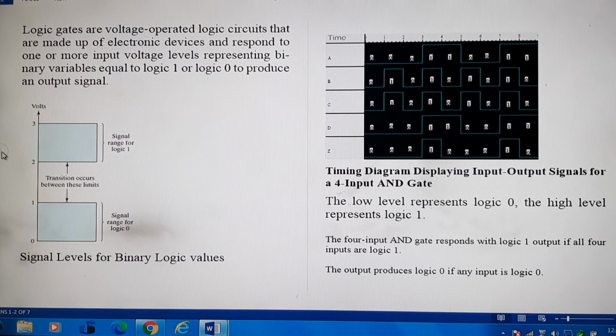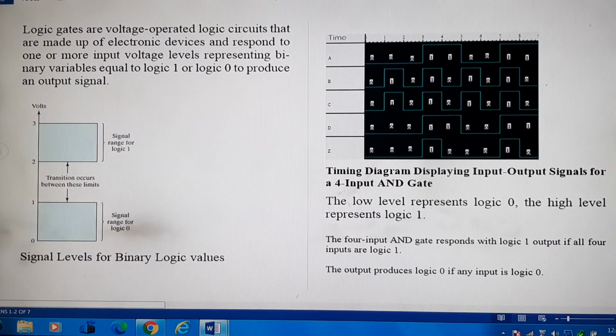They are blocks of hardware that produce the equivalent of logic 1 or logic 0 output signals if input logic requirements are satisfied. For example, a particular digital system may define logic 0 as a signal equal to 0 volt and logic 1 as a signal equal to 5 volt. A physical signal in a particular range is interpreted to be either a 0 or a 1 in digital systems.